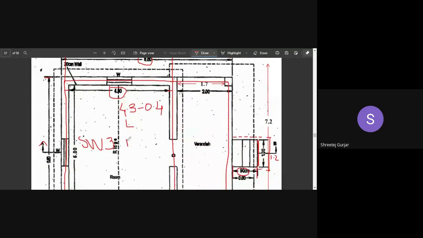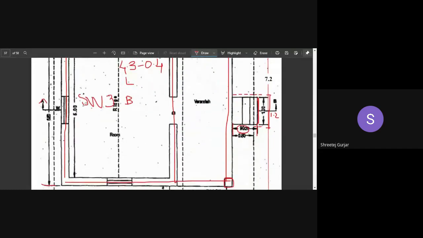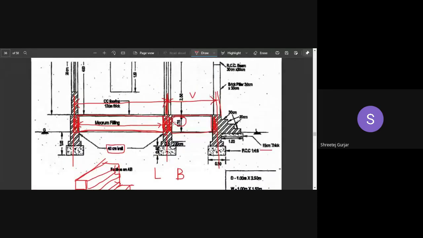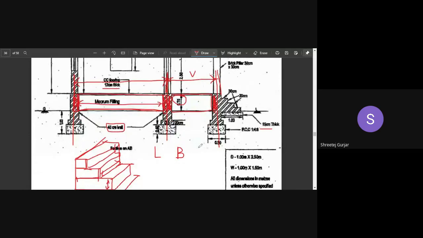And for breadth, how you calculate this: it is 5 meters, right? So the center line length will be 5.3. 5.3 minus 0.4. That is how you get your Muram filling breadth. And this is the length of your Muram filling, and the height I have told you is 0.75 minus the 12 centimeter thick CC flooring, that is 0.63. So all of these quantities, length, breadth and depth, we have calculated.